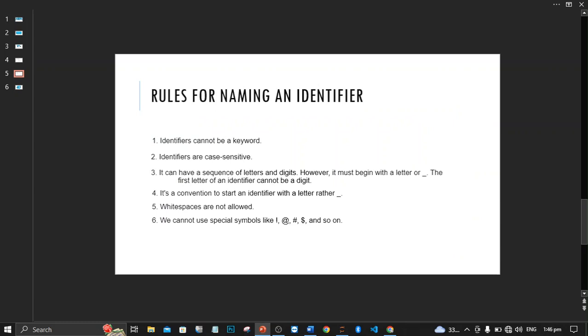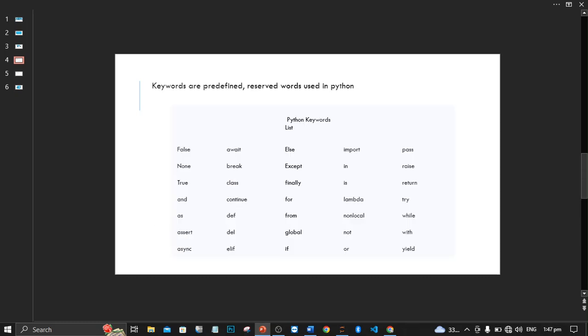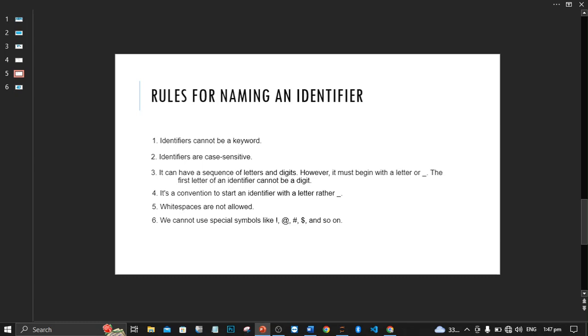Then about identifiers. Identifiers are names that are used to store values in Python, and they are also the names given to variables, classes, and methods, for example. The rules for naming an identifier are that identifiers cannot be a keyword. Yes, they cannot be any of these keywords that are listed here, and they are case sensitive,